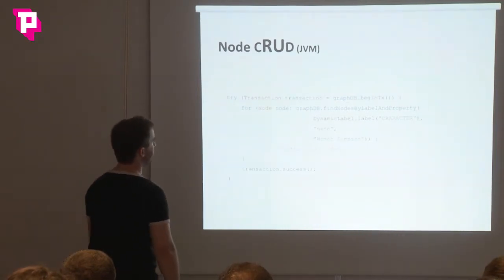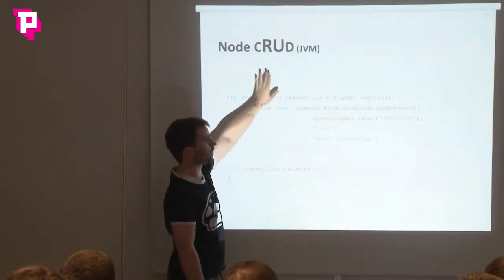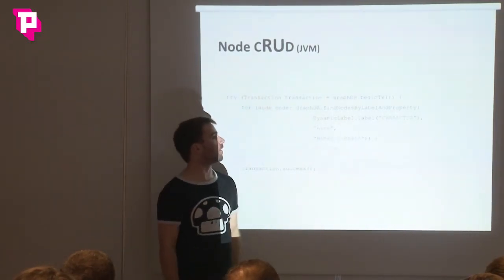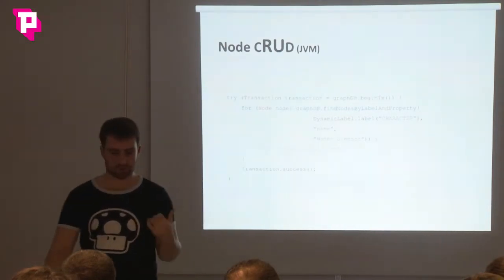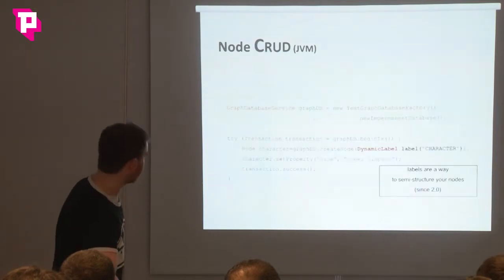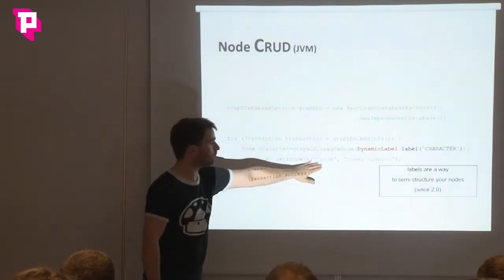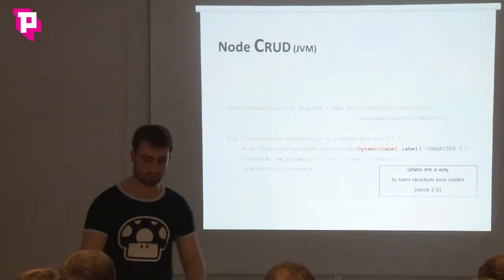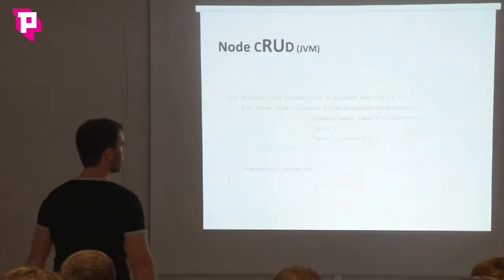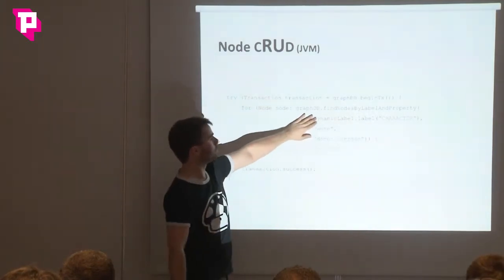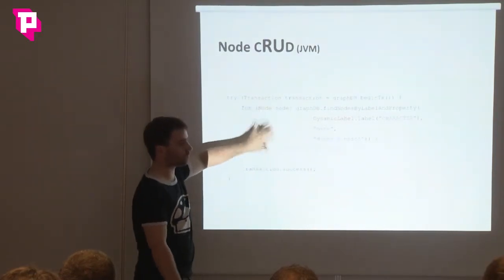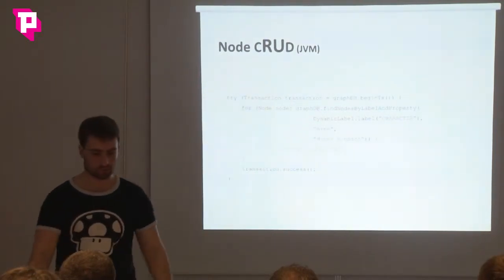So if you use the core API, again, you imagine you've got a service like before, you wrap everything in a transaction. You will call find nodes by label and property, so as the name suggests, you give a label, and you check the values. For instance, if I check the previous node here, it has a property name and a value. So if I'm trying to find this combination, what I can do is give again the label, character, give the property name and the exact value, and then I can iterate over the result. That's just one way to fetch data.